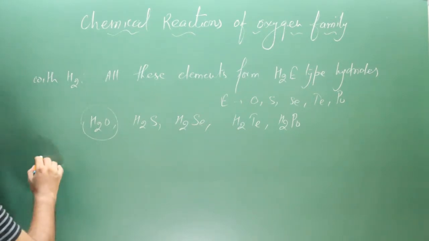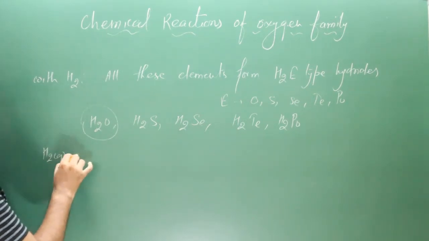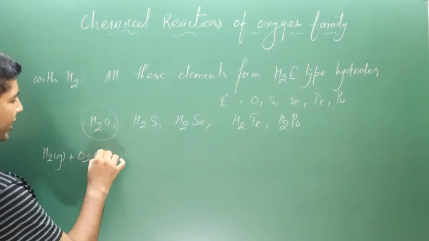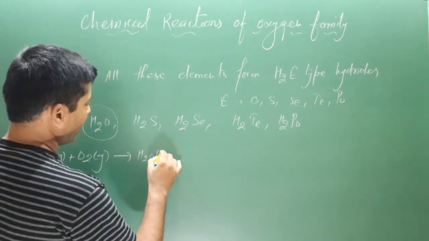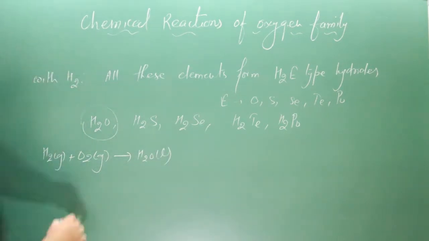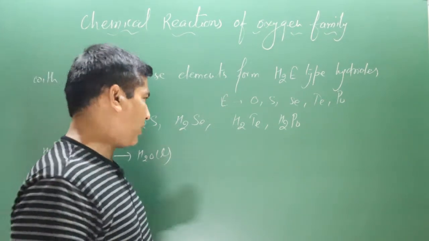We know very well that by the reaction of hydrogen gas with oxygen gas we can get the hydride of oxygen, that is the water molecule. You can take half oxygen. Now when we talk about the hydrides of the rest of the elements, we can get them by the